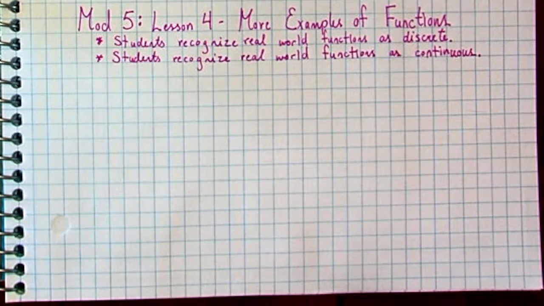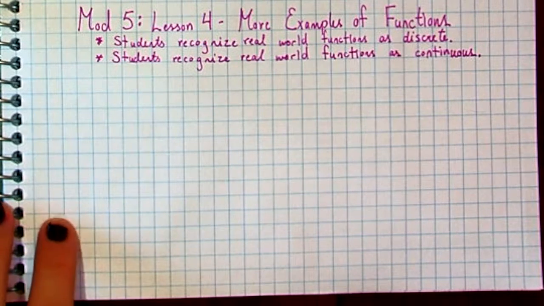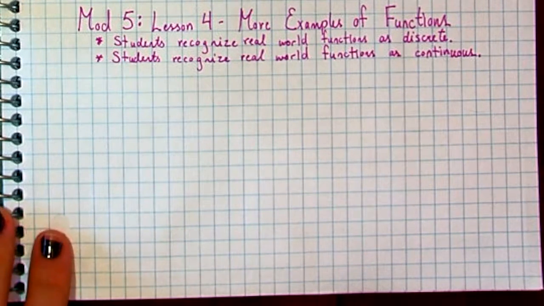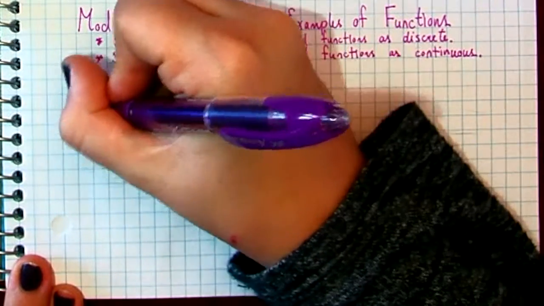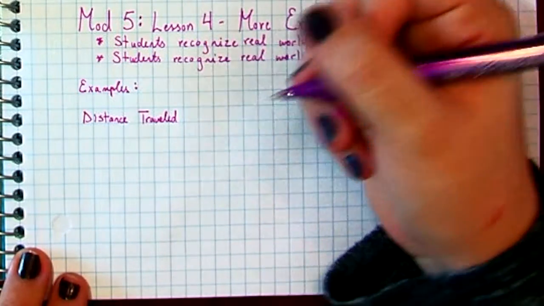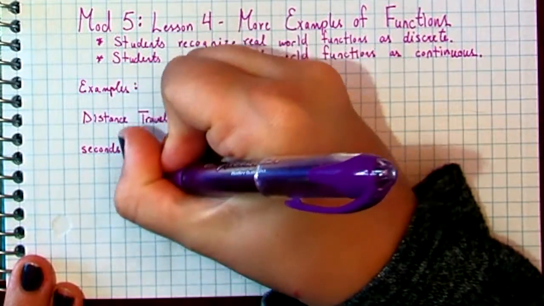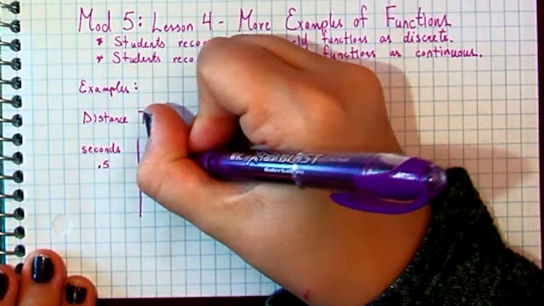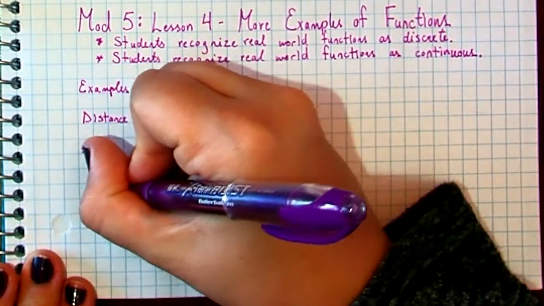So the word discrete may be a little unfamiliar, but the word continuous should give you a hint that when we talk about continuous functions, we're looking at a function that at any point on my line I have reliable data, where a discrete function is only going to be reliable for given x values. So some examples, when I think about distance traveled, the seconds that I walk compared to the feet I actually travel,